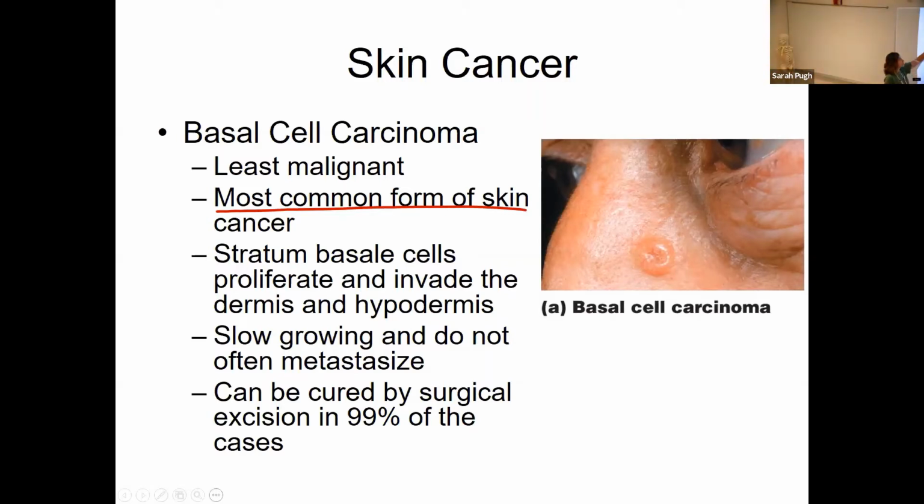This one is actually, the reason we call it basal cell is,